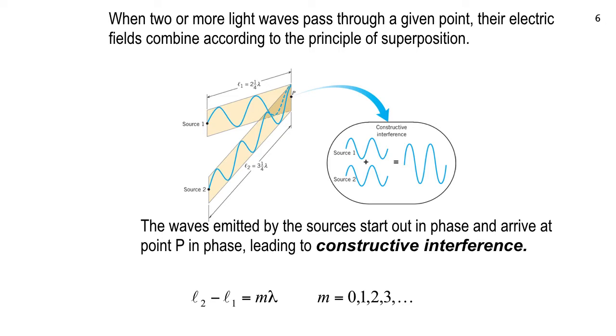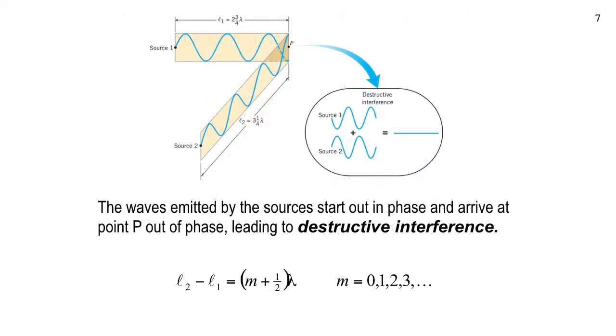And similar for the electric field. At that point, an electron will be on a joyride up and down in response to the electric field, whereas a half a wavelength away, bing, your electron's just sitting there. And that's this next diagram. This one gives you the basic lowdown for destructive interference.